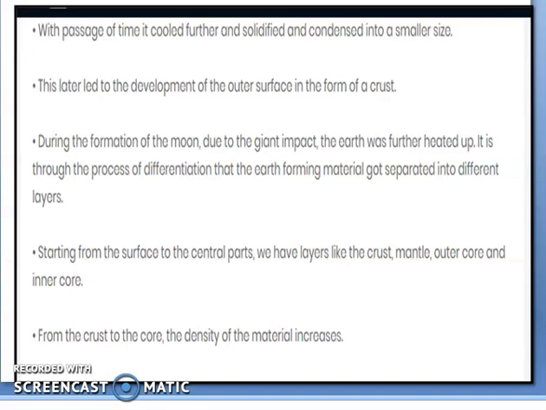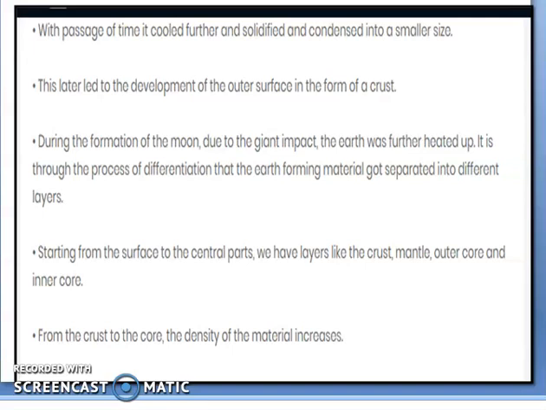This later led to the development of the outer surface, that is the crust. We know about the interior of the Earth; we have already read about the crust, mantle and core. Now the scientists say that during the formation of the moon, which we discussed last day, the big splat or the giant impact,